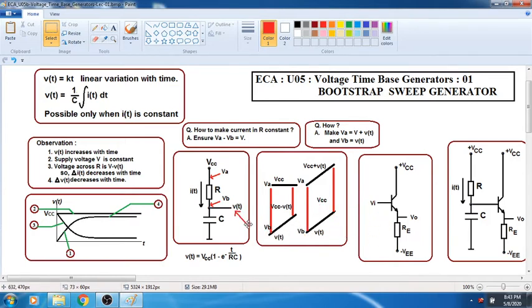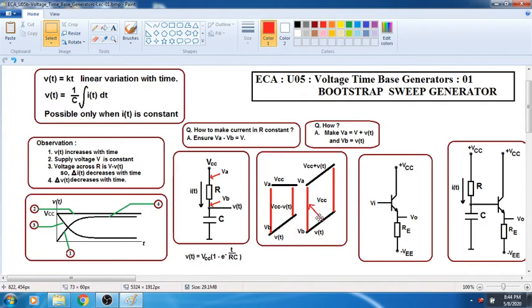Now the basic point here is, look at this small graph. This is VCC and this is the voltage across the capacitor. We know that the supply voltage is constant VCC, and the voltage across the capacitor is increasing linearly with time. So what is happening to the difference? VA minus VB is here, initially it is large and later on it is small. Okay, we don't want this, we want the difference to be the same initially and at any given time.